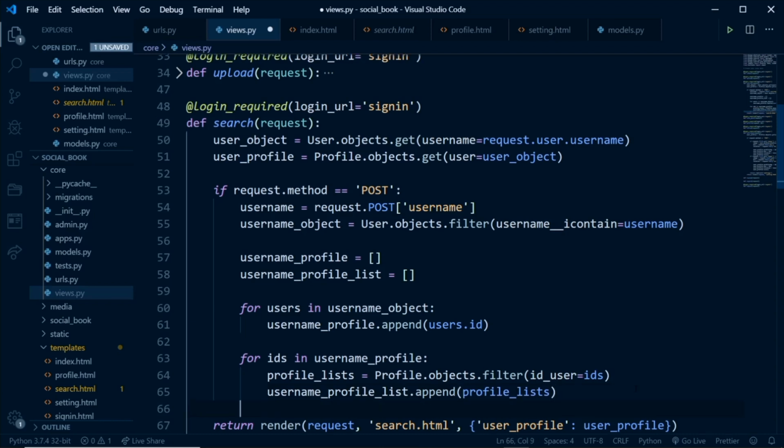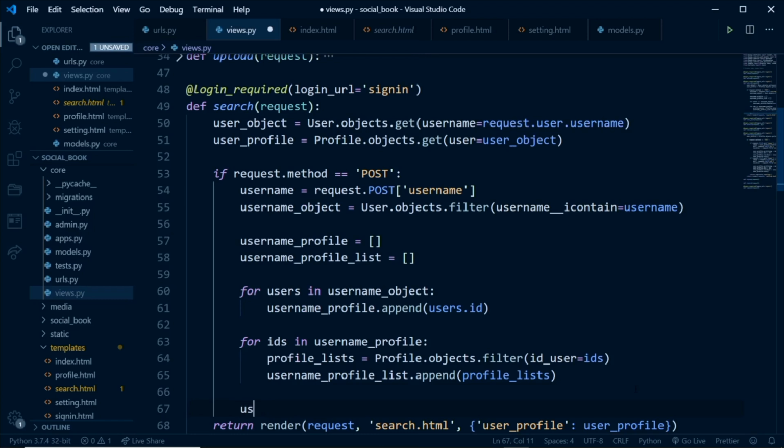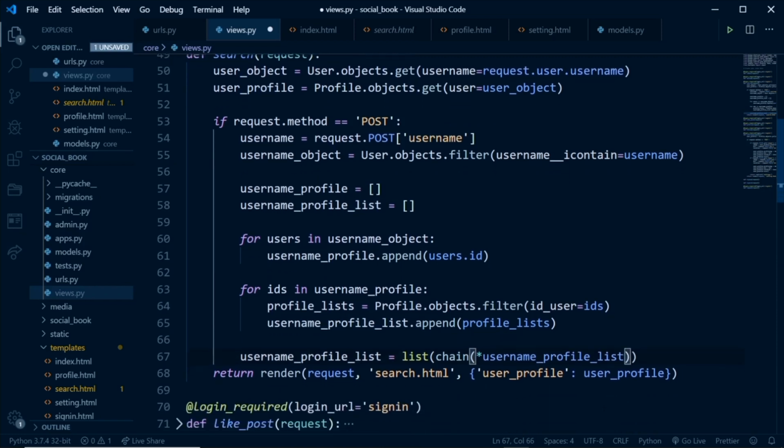And now that we have that, we can just say username profile list. So now we just want to update that with itself, but this time around converted. So we'll say list chain and then asterisk of the username profile list. It should be profile asterisk of the username profile list, like this. So now that we have this, what we can just do is take it